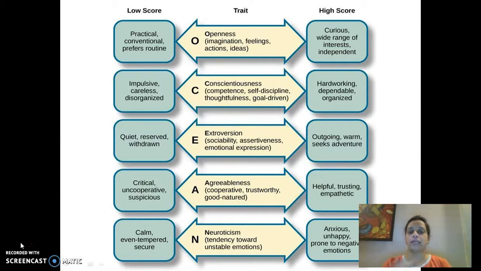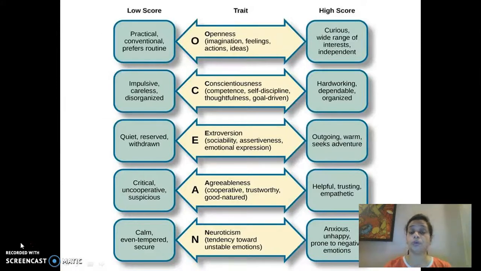So let us quickly have a look at the summary of these 5 traits, and let us see how you are likely to behave, or what is going to be your observable behavior in case you score low or high on each of these traits. So the first one is openness. If you score low on this trait, that means you're very practical, you like to stick to your routine, and you have conventional values, you follow your traditions. If you score high on this trait, obviously you're curious, you are unconventional, you have a wide range of interests, and you want some excitement all the time.